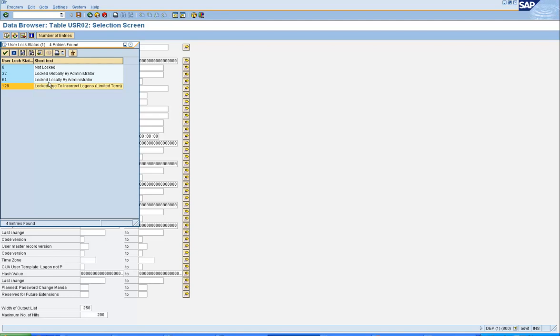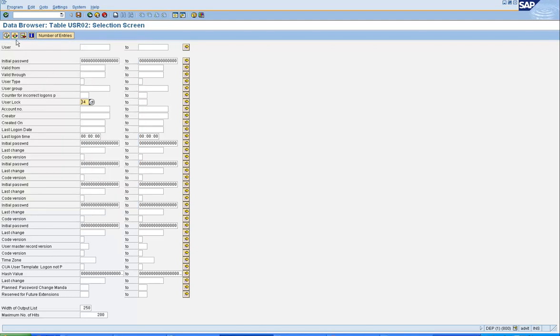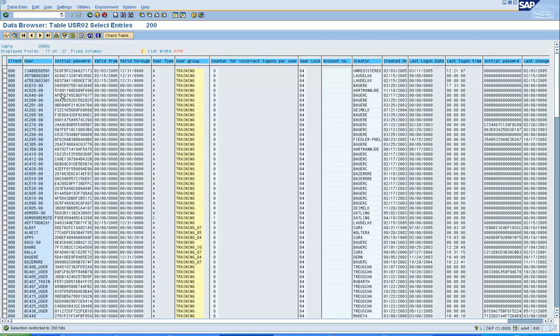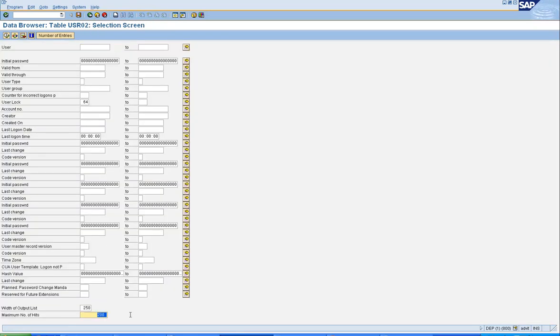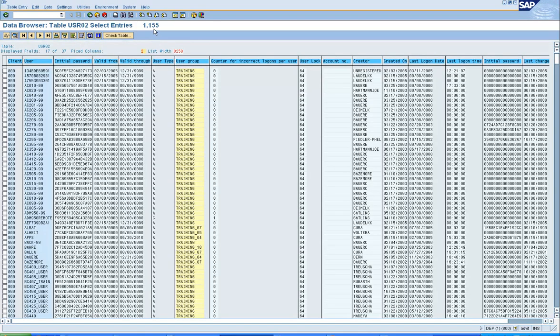So let's say put 64 and click execute. Because there's a limit here of 200 users, if you increase the limit, you can get exactly the 1155 users that are locked in the SAP system.